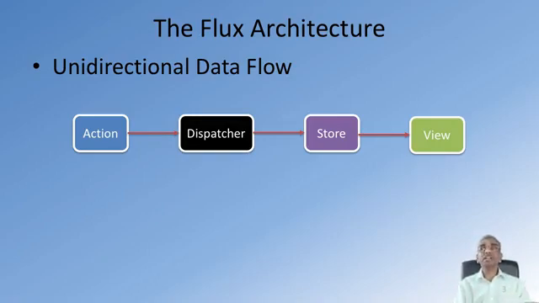And so this is where they decided that all updates have a unidirectional flow, and the way they suggest is as shown in this picture. So here, the central unit for your architecture is the store. In the Flux architecture, you could have multiple stores. What is the store? The store becomes the storehouse for your application state and any business logic that modifies the application state. So the store encompasses this whole thing,